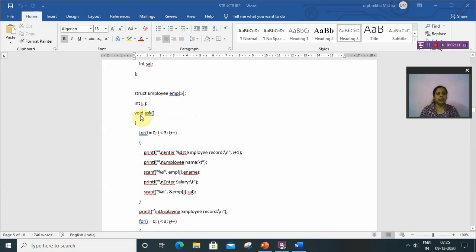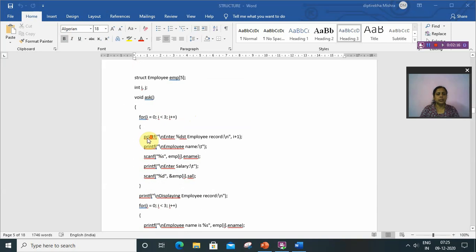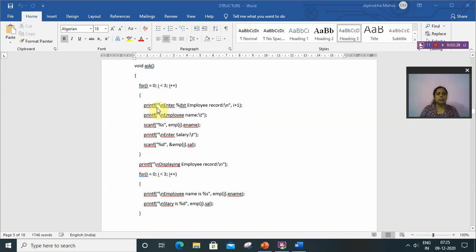Then void ask is a function that can accept the employee details. I am using a for loop, i equal to 0, i less than 3, i plus plus, which means it executes 3 times. Then printf enter employee record %d, i plus 1. The i value is 0 and 0 plus 1 is 1, which means first employee record.